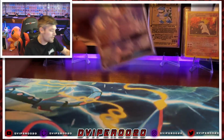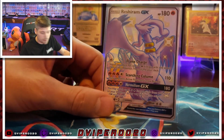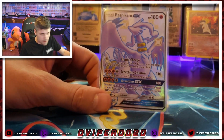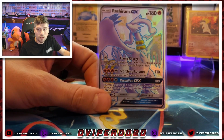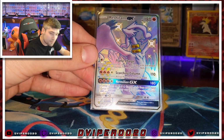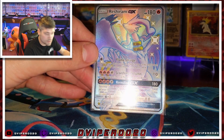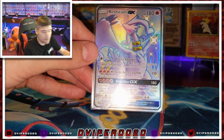All right, moving on. More Hidden Fates here. We've got the Reshiram GX, or the Resh, however you want to say it. This one, very nice card. On the front, this thing looks absolutely great. I think the centering is very good. Slightly favors the top. The bottom border is a little bit thicker than the top. Not a whole lot, but it is. So centering there, and then on the rear,